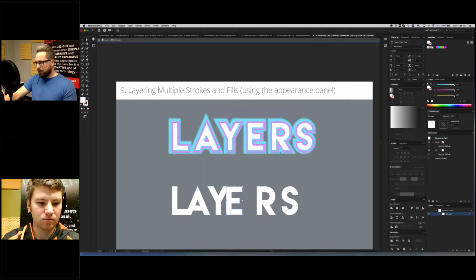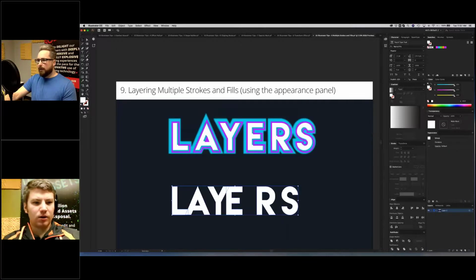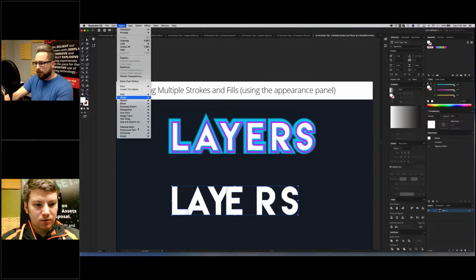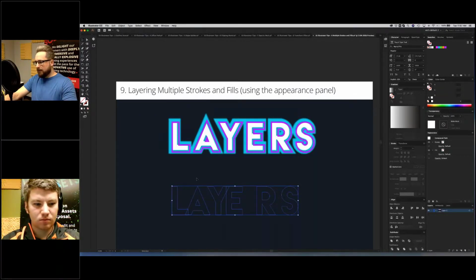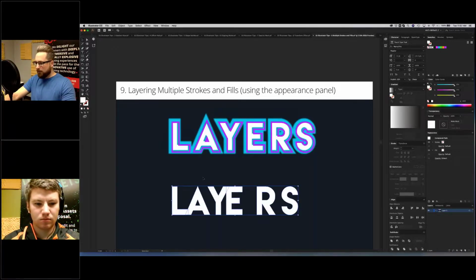Now if I double click and go out of here, and then I select this and make this a compound path, go up to Object, Compound Path, Make, which is also Command 8. Now it sees it all as one object, not as a grouped object. So if I bring the fill back onto this so you can see it better,